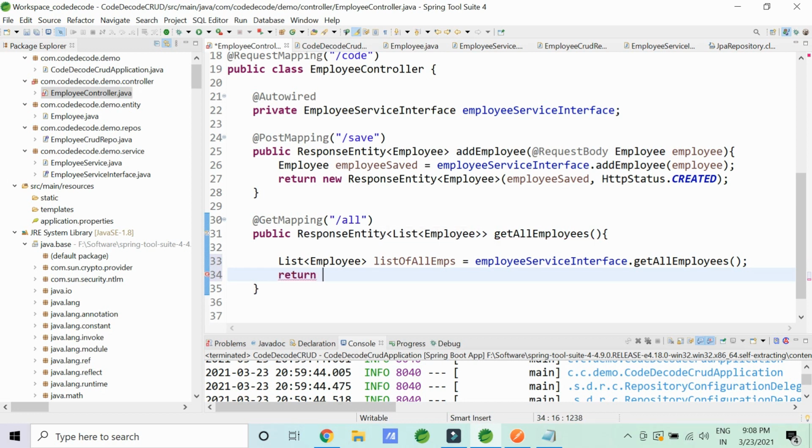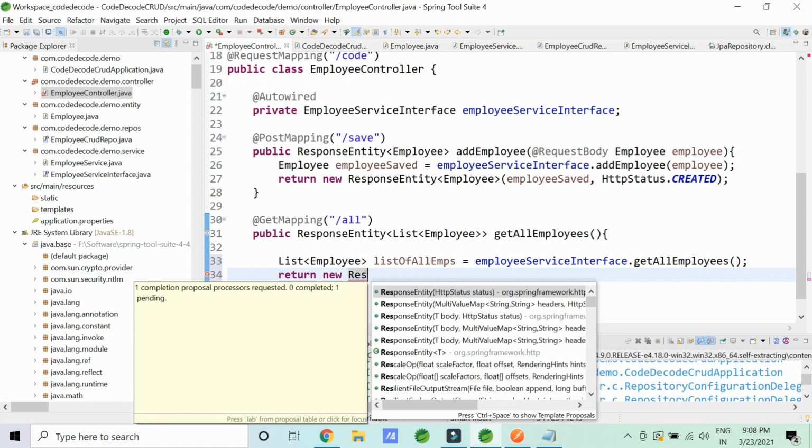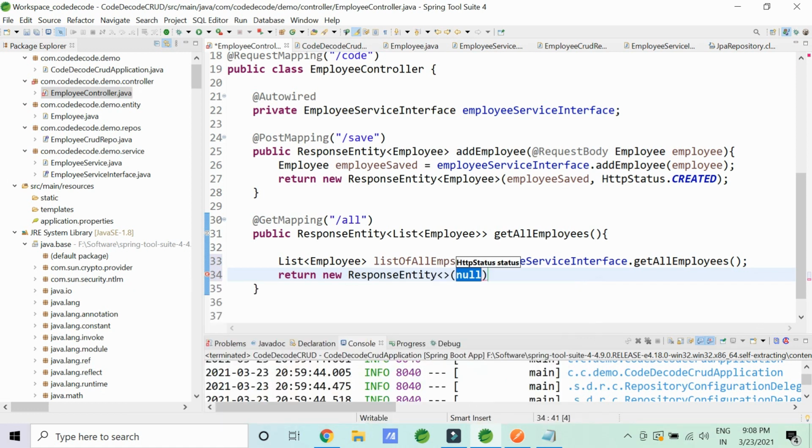I'm going to return this list of employees but as a new response entity object. If you are still not clear why I am creating this, just spare some time with me and you will understand why I'm doing this. When we will be doing the exception handling, you will find the real reason why I'm trying to do this for you. So I'm going to create a new response entity, and this new response entity is going to take